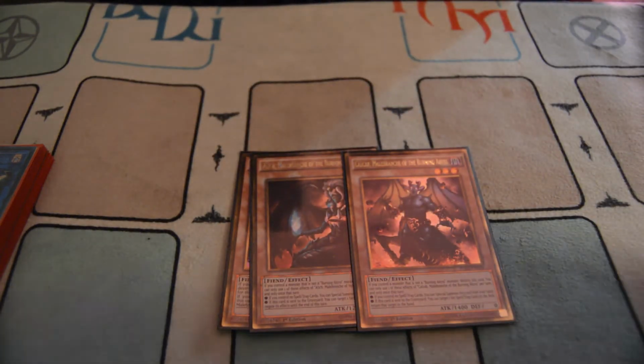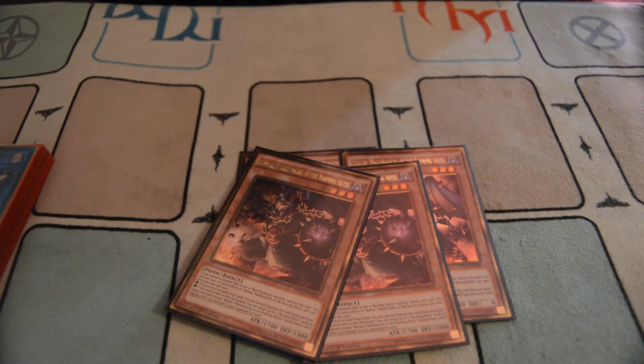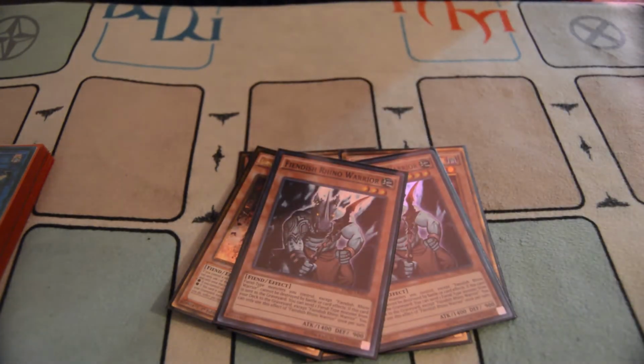We play double Barbar, because you want to manipulate the graveyard. You want to have control of what you have in the graveyard, and he does burn damage, and he is the strongest Burning Abyss monster, which is pretty good for level 3, 1700. That's pretty beefy, man. 2 Fiendish Rhino Warriors, because when you send to the graveyard,